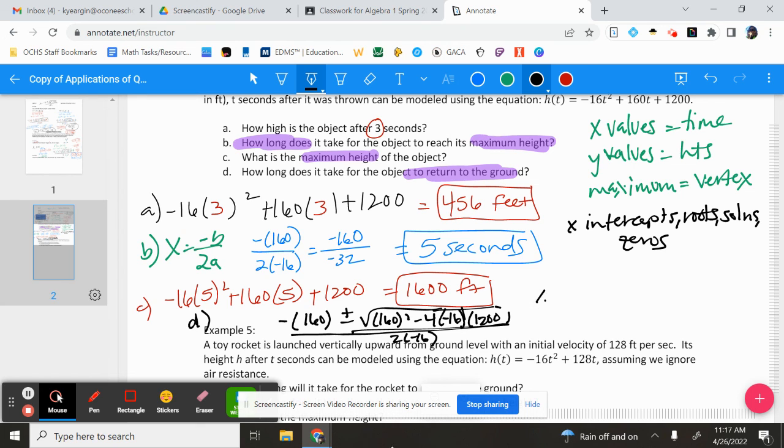Where I get the first answer to be x equals negative 5. And my second answer, remember, you can just hit the up arrow and then enter on the problem and it will rewrite everything. Or you can just use your arrows to change the plus sign to the minus. And x equals 15. Well, in context of this problem, remember, time cannot be negative, so even though x equals negative 5 is an answer, it's not a feasible answer, so I'm only going to circle here the x equals